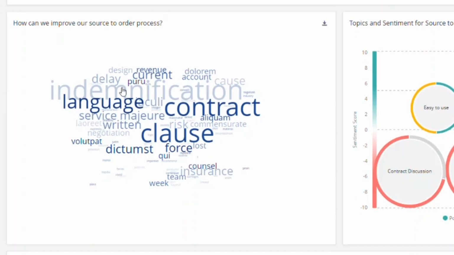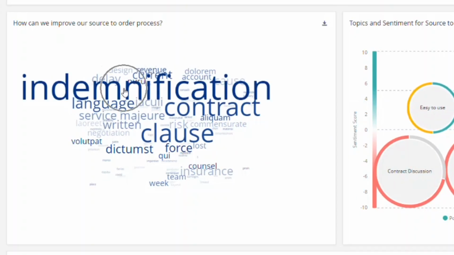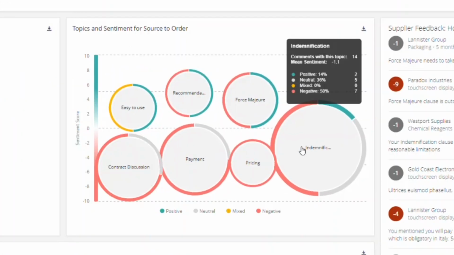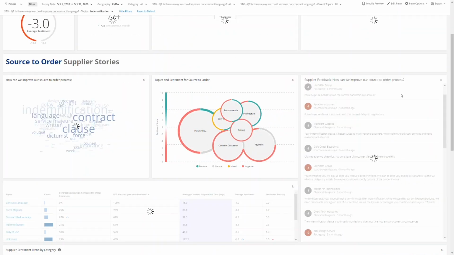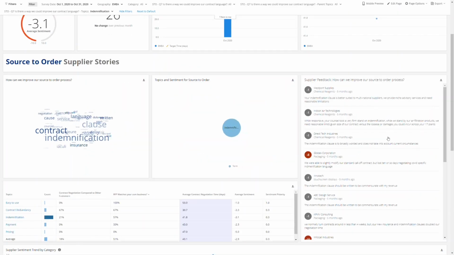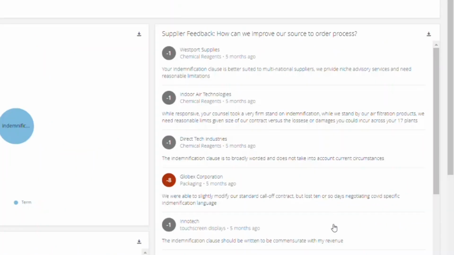Based on this feedback, you can see the word cloud from Qualtrics indicating which phrases are mentioned most often by suppliers. Panning over, we can see the indemnification is most mentioned and largely negative in sentiment. If we were to now select indemnification as the key phrase, we can actually see inside of Qualtrics the feedback on that subject area, allowing us to go to legal potentially and ask for a fallback clause